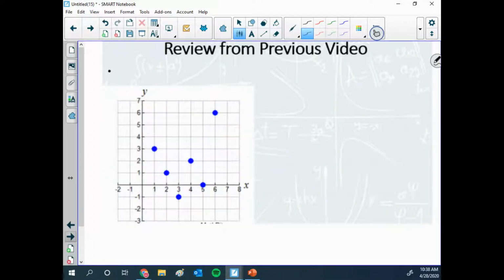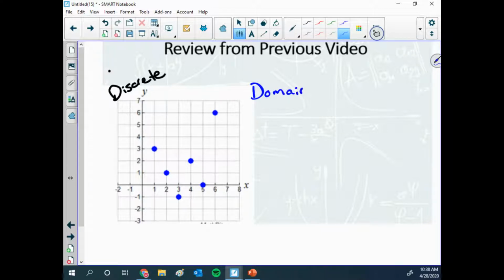So a quick review from that video, some things to talk about here. If they said, here's this graph, I want you to explain or talk about the domain and range of these graphs here. This graph right here is discrete data. And so if we need to talk about the domain and range of this graph,